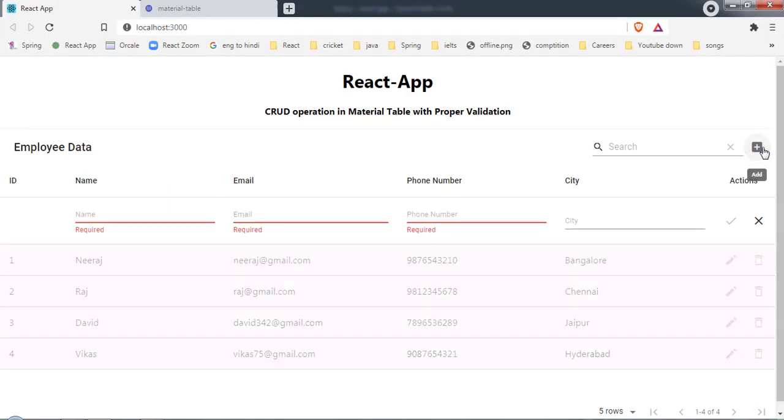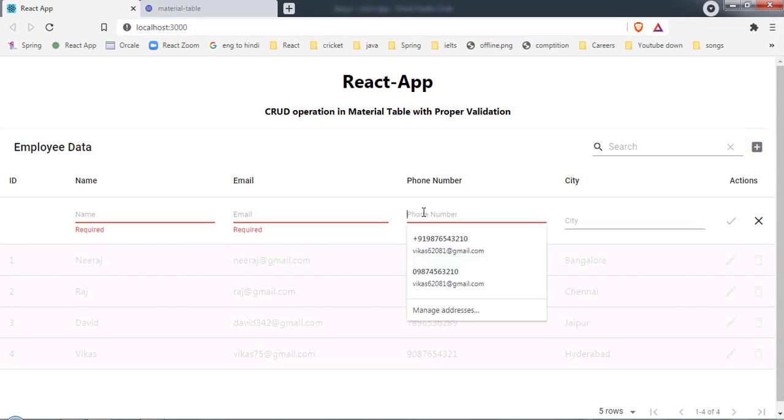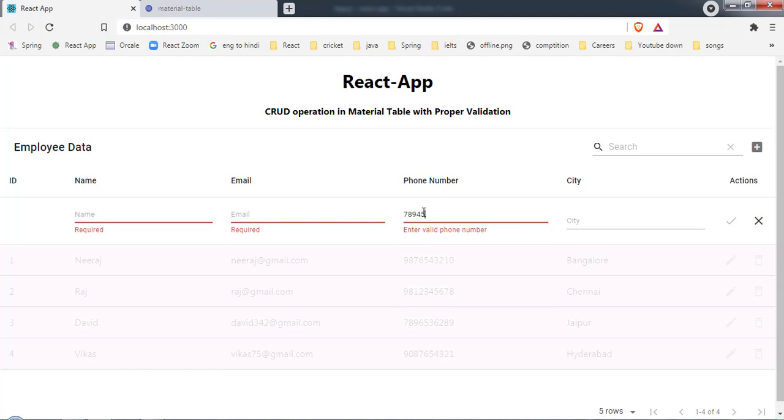Now let me click on add, and as you can see we are getting required, and now let's start typing. We got enter valid phone number. Let me enter a valid 10 digit one. As you can see this is 10 digits and we don't have an error anymore. If I enter an extra digit, I will get this message again.